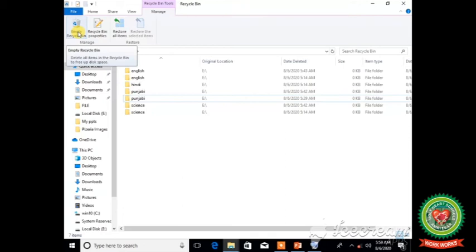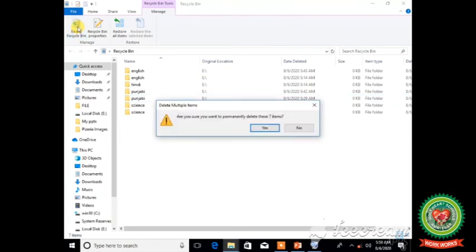So I am going to click on Empty Recycle Bin, and after clicking, because we are deleting multiple items permanently from our computer system, it will again display a confirmation dialog box, and we will click on the Yes button if we want to delete these items permanently.